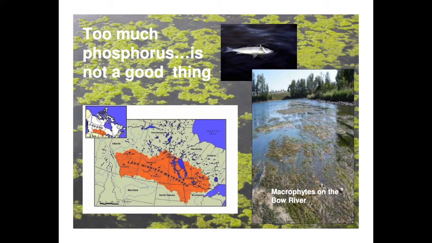So even though our phosphorus levels may not be huge at this point, very early in that watershed, it's a cumulative impact. You get the Bow River, you get the South and North Saskatchewan, you get the rivers coming up from North Dakota into Manitoba, all draining into Lake Winnipeg, and all of us know what the impacts of that have been. So the picture on the left is, well, both of these pictures are pictures of green algae and then macrophytes. The macrophytes on the right-hand side, photo taken in the Bow River Basin.